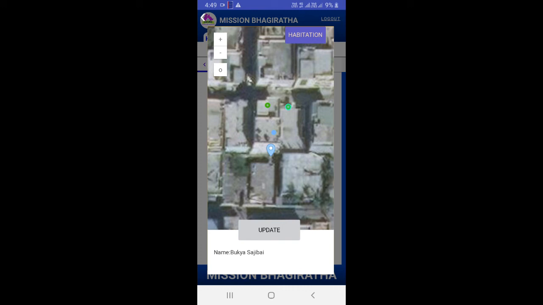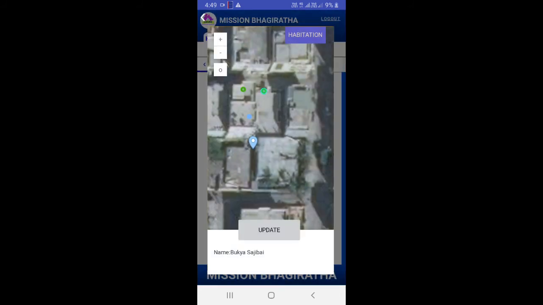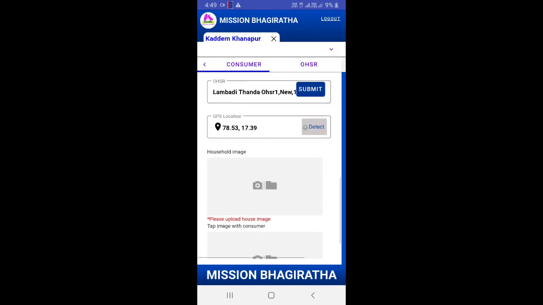And if I want to put the geolocation somewhere else,